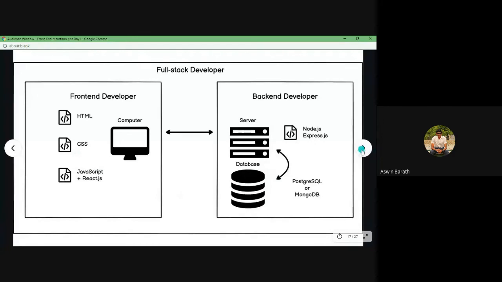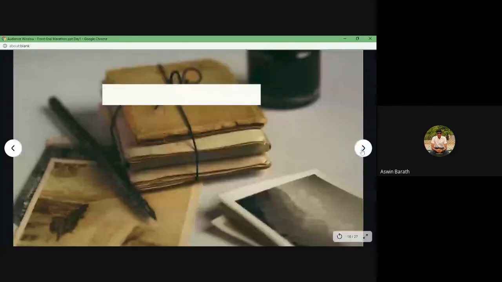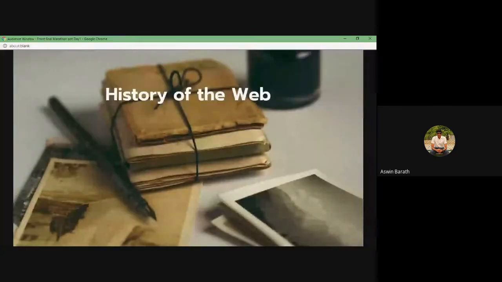Okay. So moving on, let's go back to the history. Okay, how the terms web and web development came into the picture. So before we go any further, can anyone tell me who invented the World Wide Web? We know it in short as WWW. Anyone from the audience? Yes. Yes.